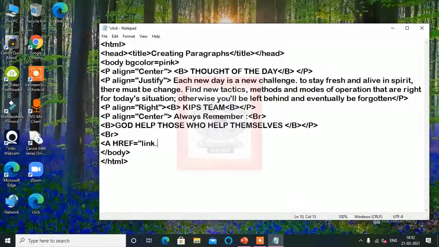So the main page name is link.html, and here I can write click for main page, then close the tag. So this much I have written here. Now from this click.html we can go back to link.html, so I have written that.